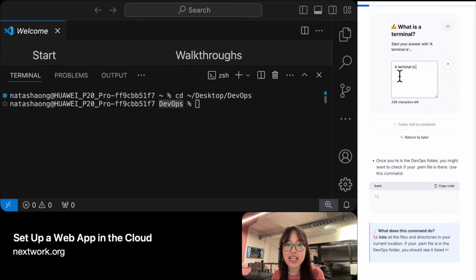A terminal is a space for us to send text-based commands to control and create actions with our computer or server. Okay,